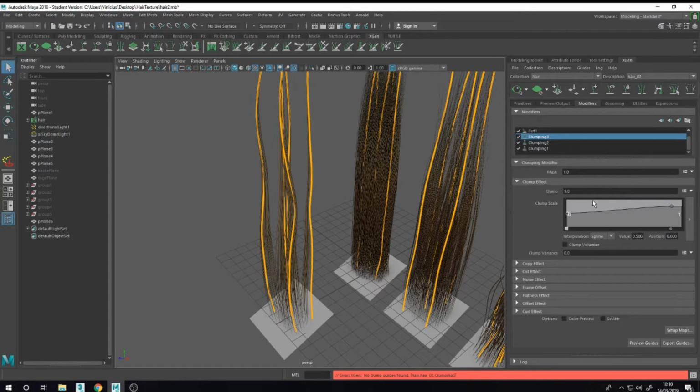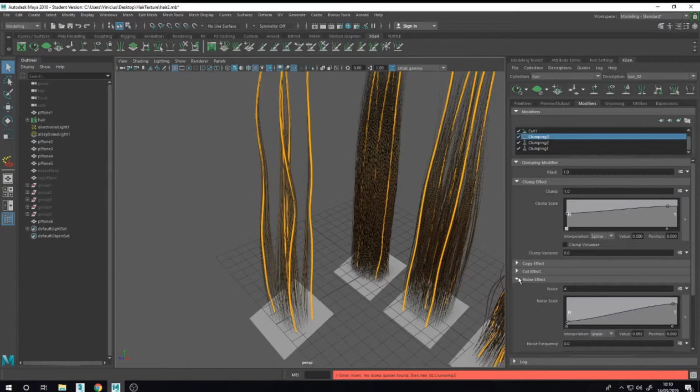The third one, change the clump scale, don't have clump, nothing. I have some noise.